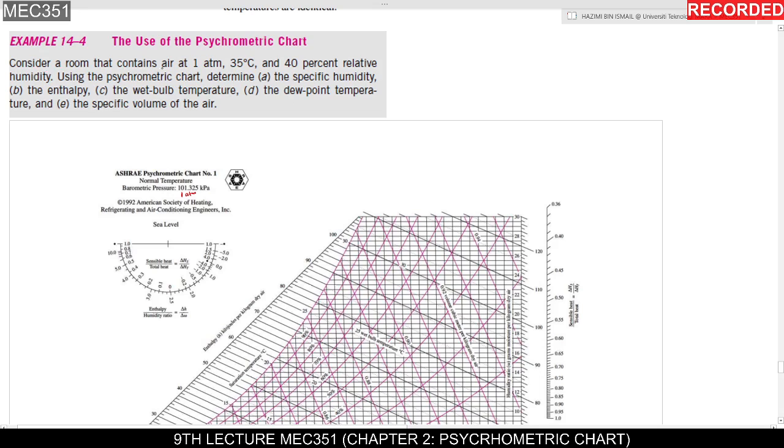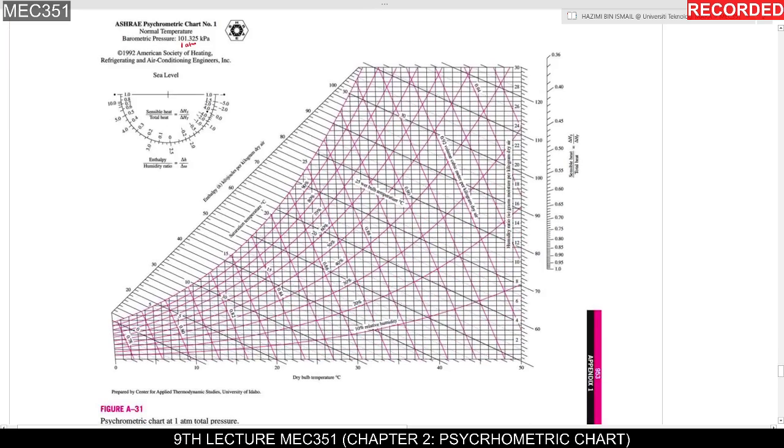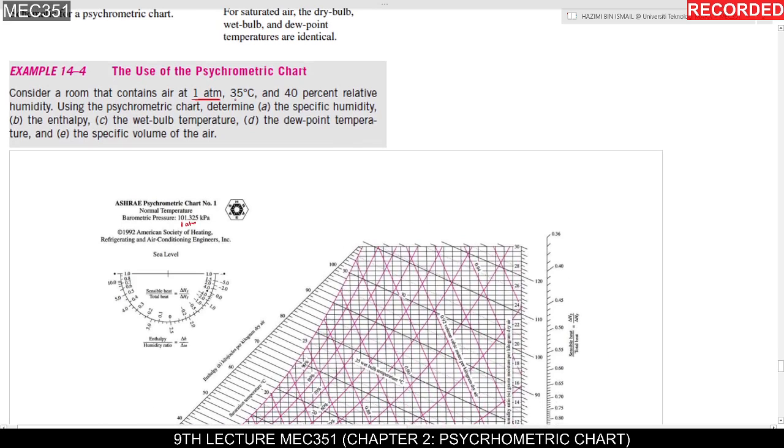Okay, consider a room that contains air at 1 atm. So surely you must have this value to use the psychrometric chart. And 35 degrees Celsius. Okay, here it didn't say anything about the dry bulb or wet bulb temperature. By default, if it says the temperature of the air, it is the dry bulb. So just put it as dB, dry bulb temperature. And 40% relative humidity. So this is the phi,